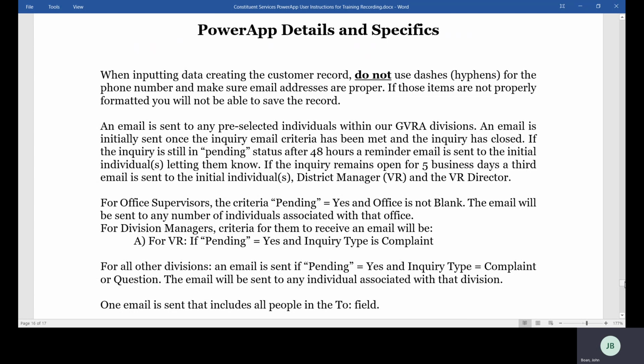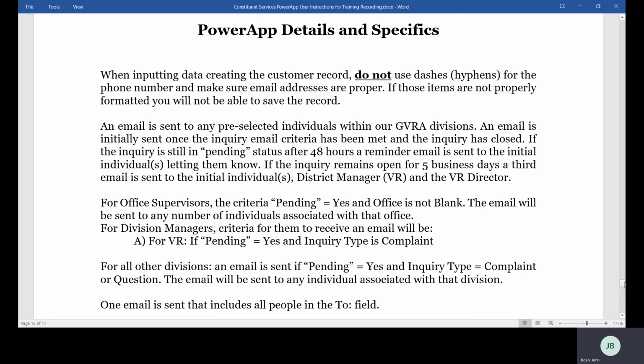An email is sent to any pre-selected individuals within our GVRA divisions. An email is initially sent once the inquiry email criteria has been met and the inquiry is closed.